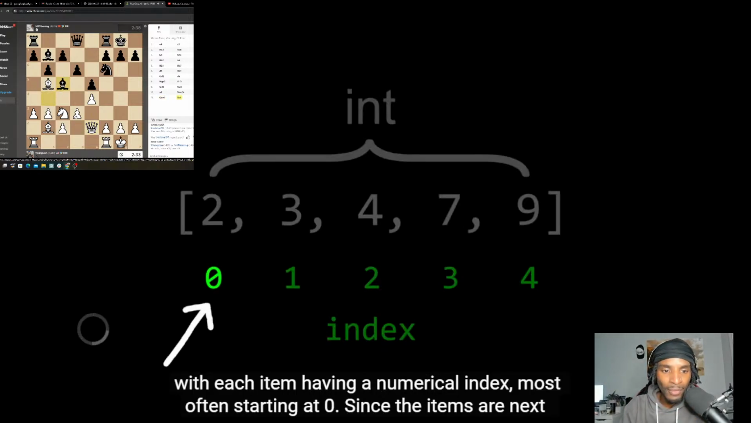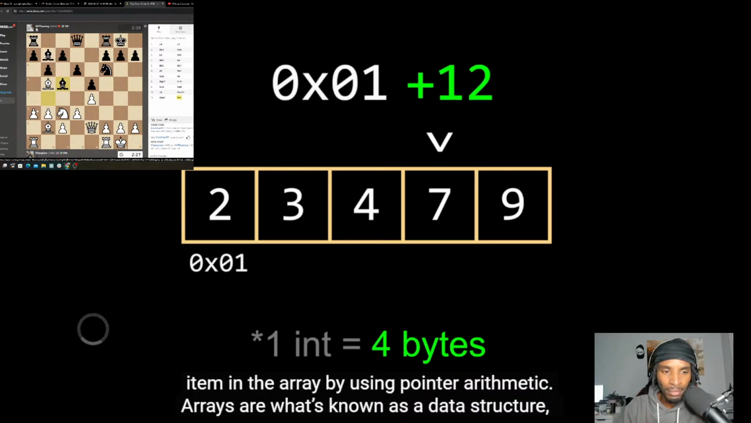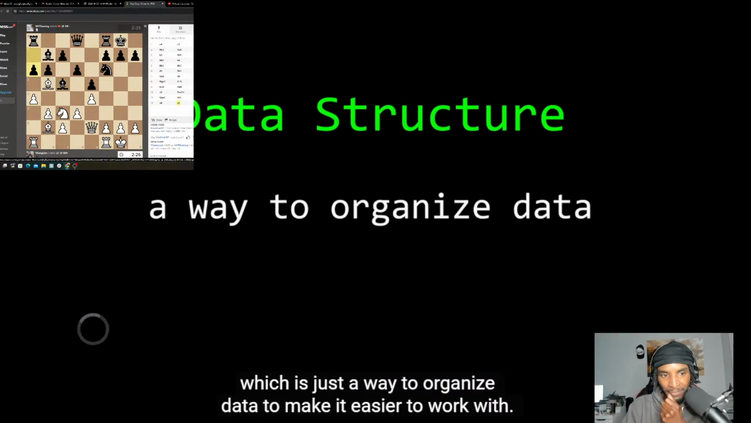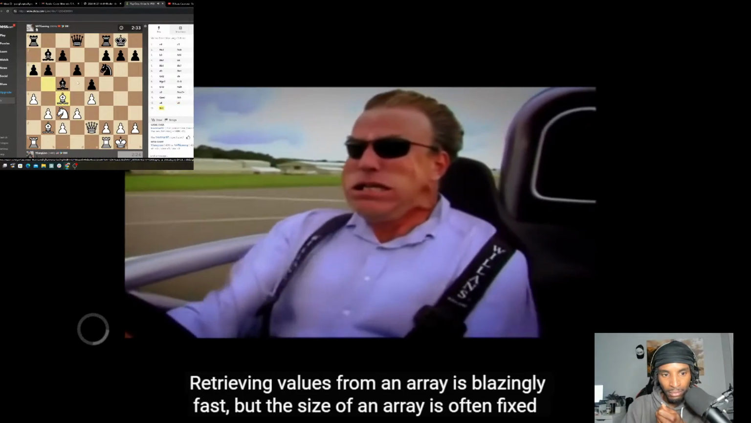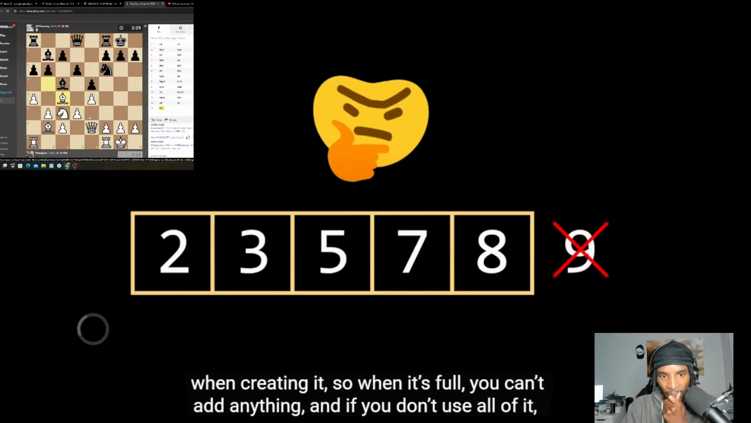often starting at 0. Since the items are next to each other in memory, by knowing the address of the first item, you can quickly index to any item in the array by using pointer arithmetic. Arrays are what's known as a data structure, which is just a way to organize data to make it easier to work with. Retrieving values from an array is blazingly fast, but the size of an array is often fixed on creating it, so when it's full you can't add anything, and if you don't use all of it, it's